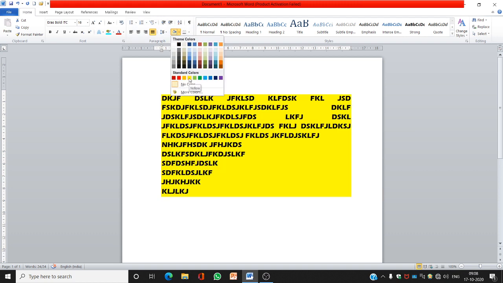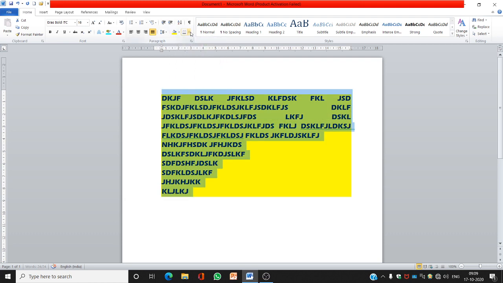Then this is your background color for paragraph. The complete paragraph which you have selected, it will apply the background color. Highlighter will apply only on the text. This is applied on the complete line, complete paragraph, you can see. Clear? Next we are having border. You can apply border to your paragraph.